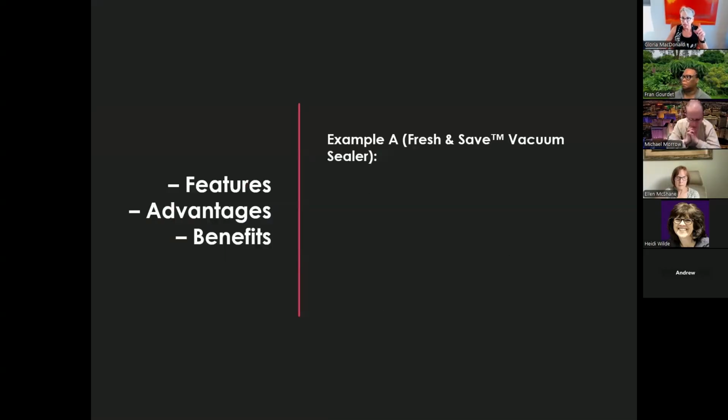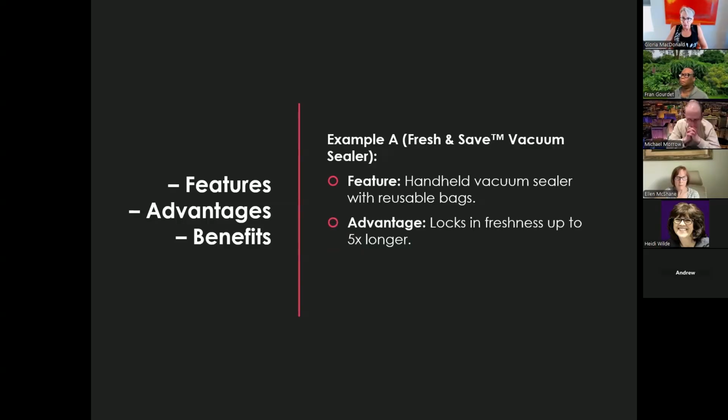This is the Fresh and Save vacuum sealer, which you've probably seen these. These are vacuum sealed bags, and you have this little thing that vacuum seals your food and keeps it fresh longer. So, handheld vacuum sealer with reusable bags locks in freshness up to 5 times longer. Save money and stop throwing away spoiled food. So you can see how the feature, even though we've been trained, don't sell features, sell benefits, this FAB formula